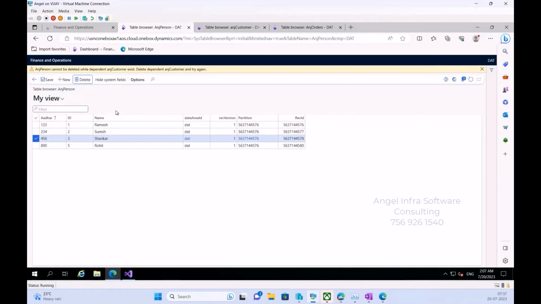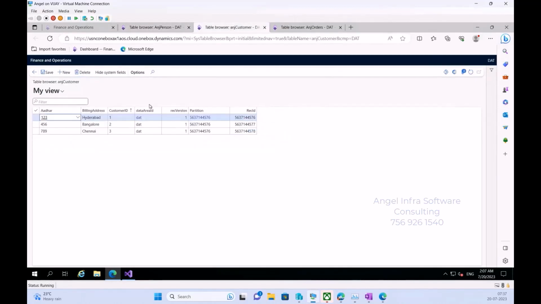So in order to perform a delete action, in order to